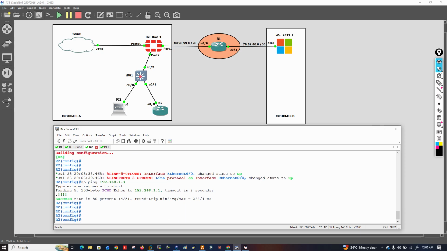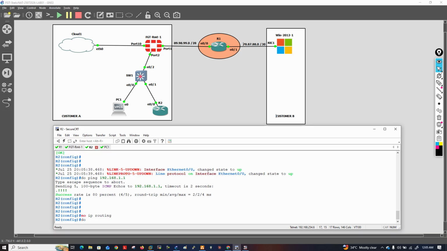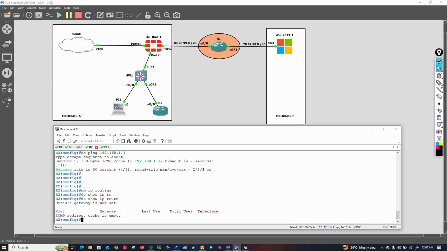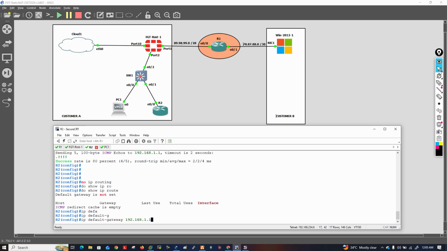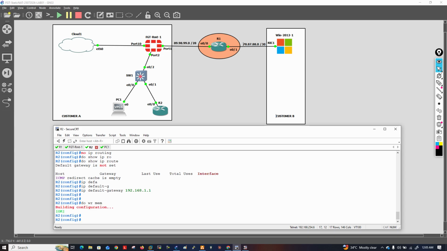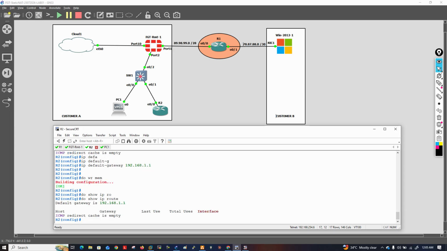That's good. Now I need to write one default route. That's very, very important, right guys? It's important because this router doesn't have any gateway. In case you don't want to enable any routing features, you can simply say no ip routing. That is one. And when you type do show ip route, nothing is there. Then say ip default-gateway 192.168.1.1. Now when you type do show ip route here, you can see the gateway and you can ping